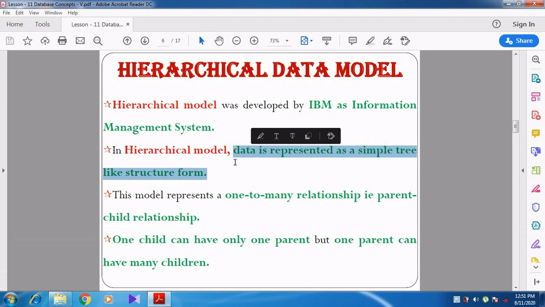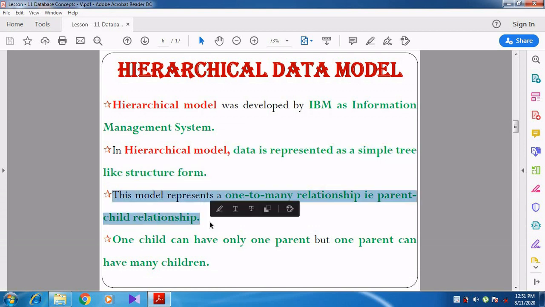This model represents a one-to-many relationship. That is, one parent can have many children. Because the tree comes from the root: actually the root is one, but the branches are many.